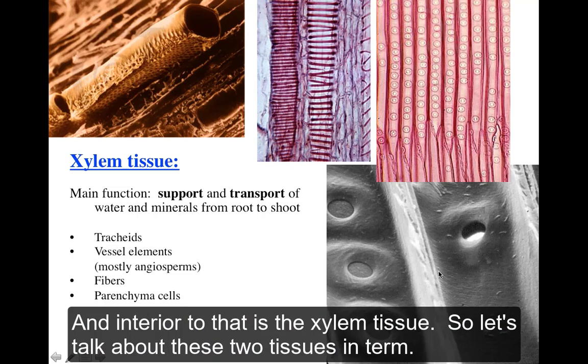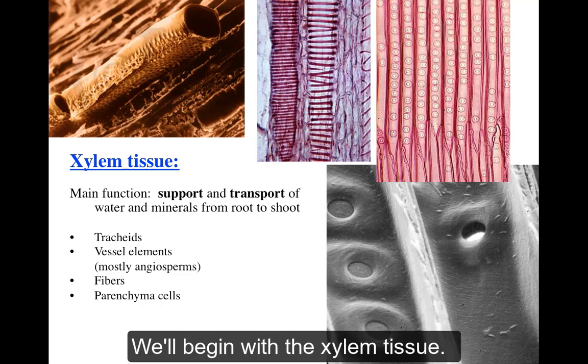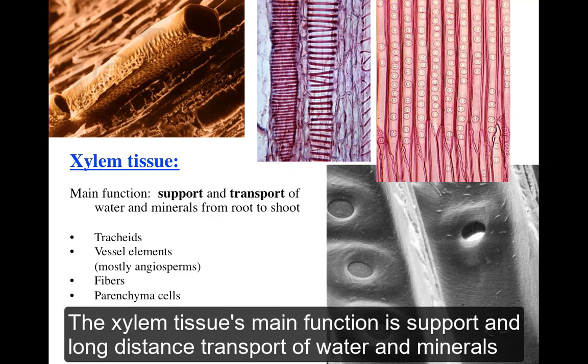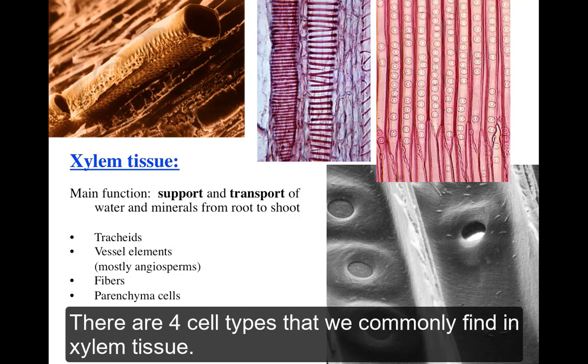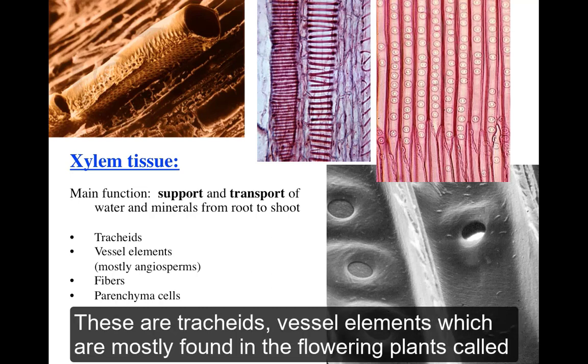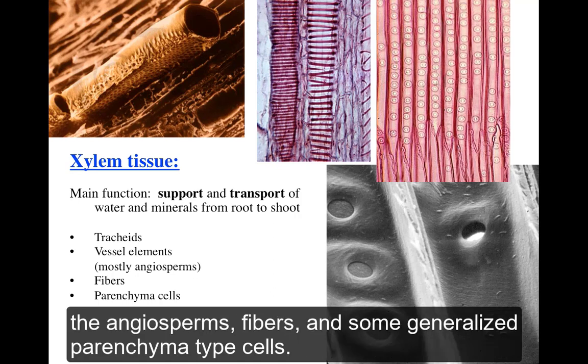So let's talk about these two tissues in turn. We'll begin with the xylem tissue. The xylem tissue's main function is structural support and long-distance transport of water and minerals from the root system, where they're obtained, to the shoot system. There are four cell types that we commonly find in xylem tissue. These are tracheids, vessel elements, which are mostly found in the flowering plants called the angiosperms, fibers, and some generalized